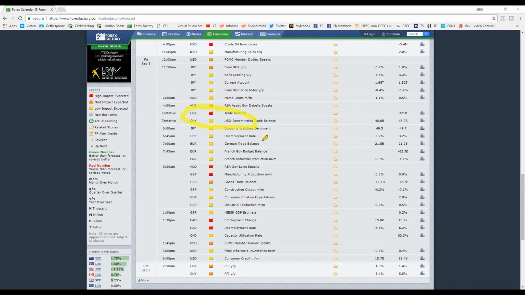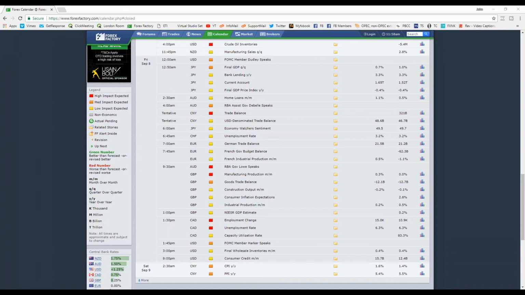So you can see on Friday we do have Chinese data. We usually look towards the Australian dollar because China is a strong purchaser of goods and raw materials from Australia. So if the Chinese economy is doing well, generally speaking, it positively affects the Australian dollar and vice versa. However, for the trade balance, I'd be surprised to see any major movements in the Aussie dollar based around this, so we're not going to put anything down for this.